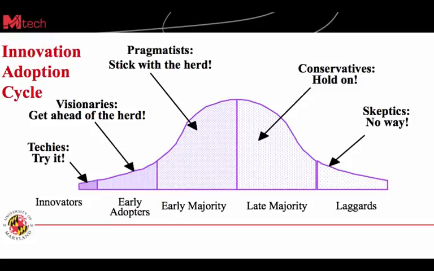So first, let's look at this slide here. This is basically a bell curve, and it's an idealistic portrayal of the innovation adoption cycle. And as you'll see, that it starts out very slow and it peaks, and then it tails off. And so this is a convenient way to look at how innovations are adopted in the marketplace. And so what we're going to do is look at each one of those segments and give you some feel for how they occur, when they occur, and why they occur.